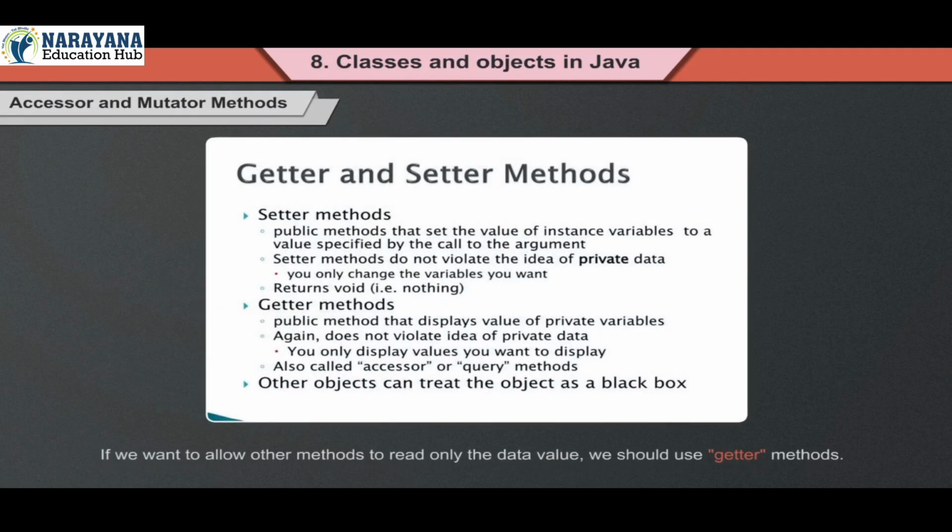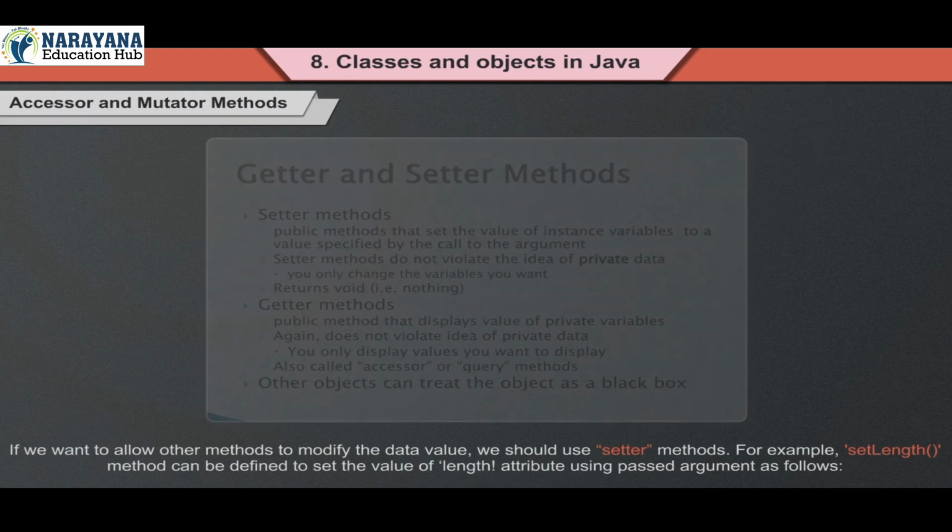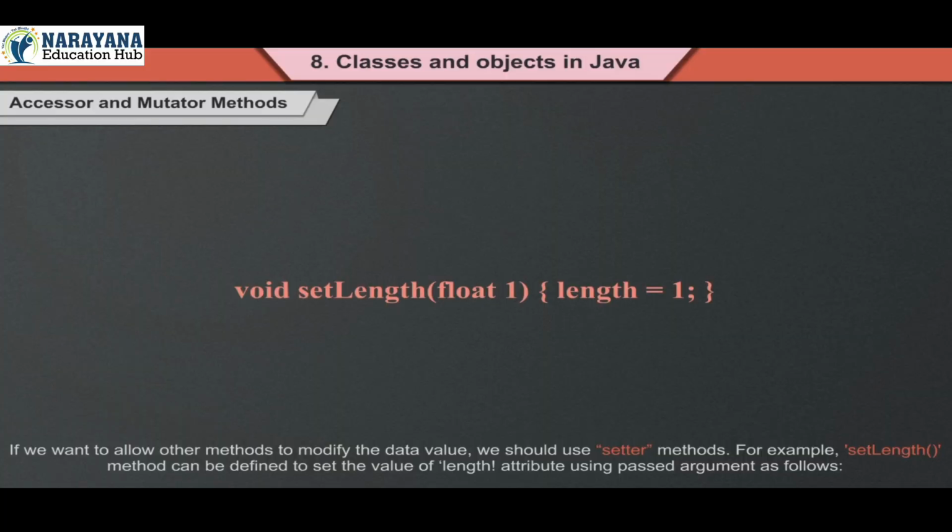If we want to allow other methods to read only the data value, we should use getter methods. If we want to allow other methods to modify the data value, we should use setter methods. For example, setLength method can be defined to set the value of length attribute using passed argument as follows. void setLength(float L) { length = L; }